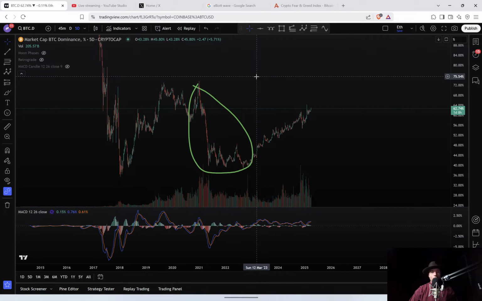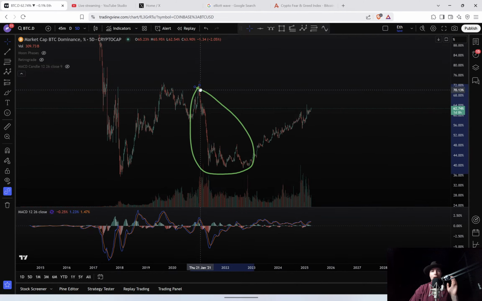Every single time Bitcoin starts to increase in value first, and then the altcoins take over. And I'm not saying Bitcoin stops going up in value, because Bitcoin does continue to increase in value. But the altcoins start to move faster than Bitcoin does. And when the altcoins are moving faster than Bitcoin,